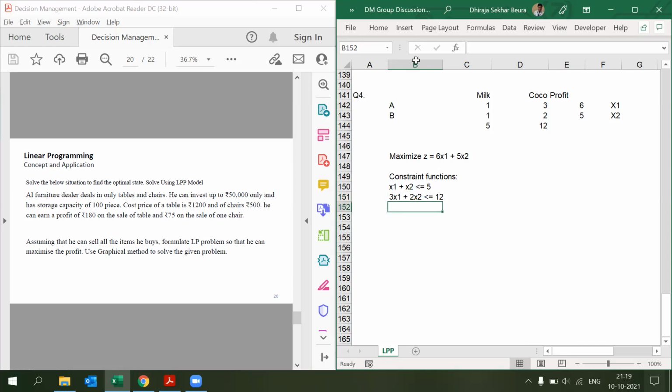By joining all these nodes. Correct. Then we are going to find the feasible area, where the intersection or the points are meeting. For example, if it is minimized, then it is towards the origin. If it is maximized, then it is away from the origin. Once we find this ABC or ABCD, whatever intersection is happening, we are going to get the x1 and x2 values from the intersection of all the nodes. Correct. And then we are going to calculate the profit by substituting these x1, x2 values into the equation for the z value.